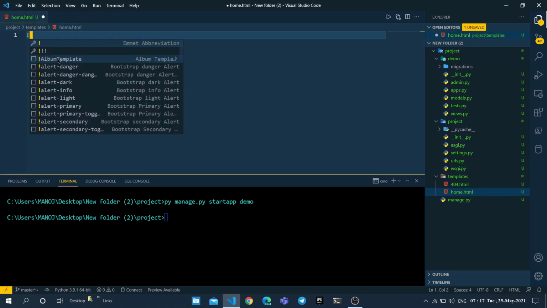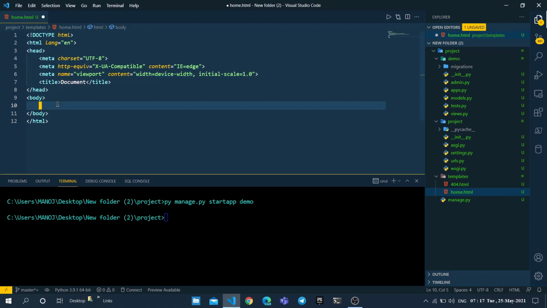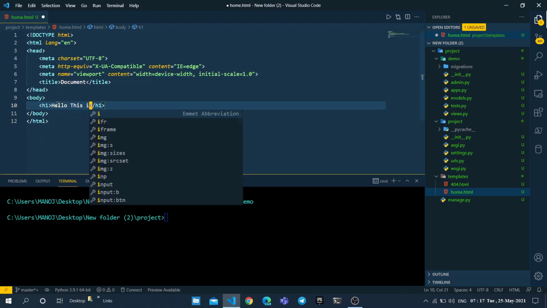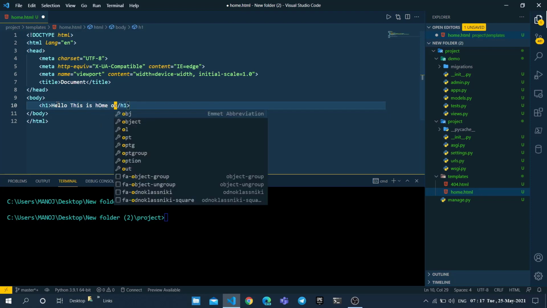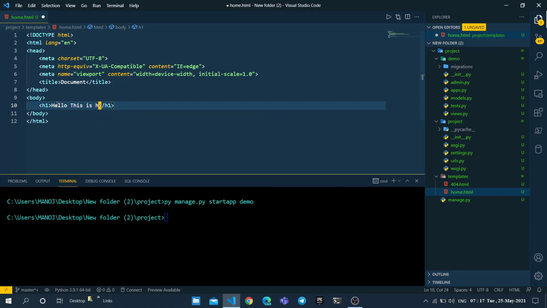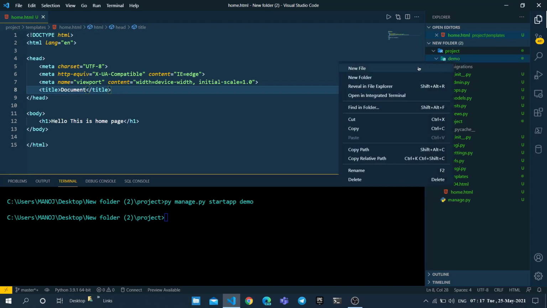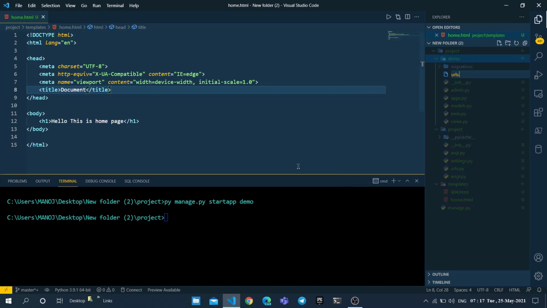So in this home page, quickly use the boilerplate code and just type hello, this is home page. So go to the demo app and create a new file, which is the urls.py file.